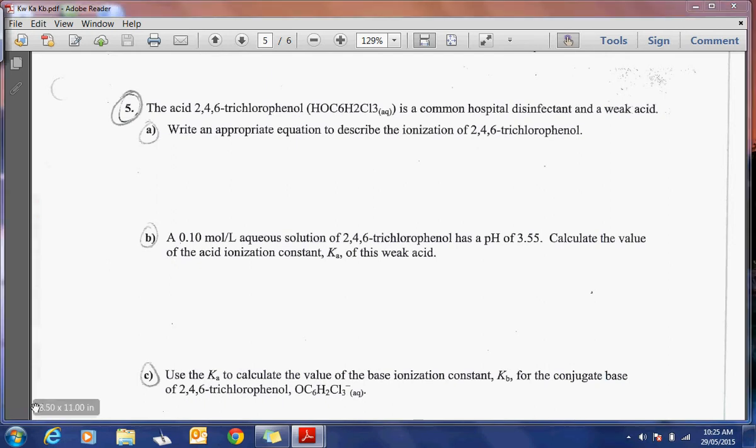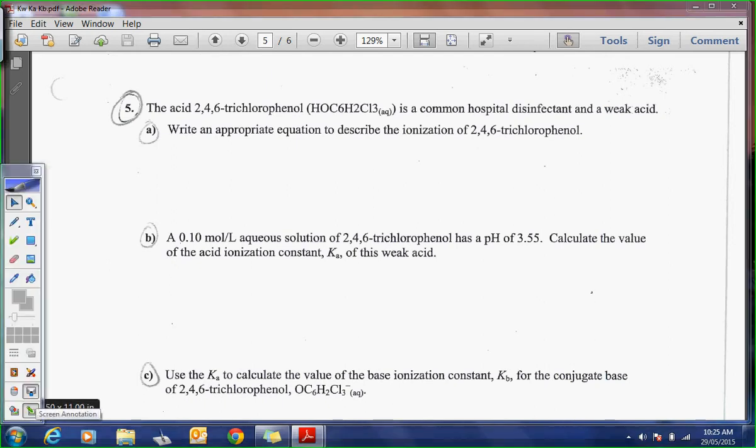So the ionization then is, you going to do it for me? Not really. Good. So there you go. Here's your OH. Here's 2, 3, 4, 5, 6 trichlorophenol, and you are writing an ionization equation. So what do I have to react it with? Water, and equilibrium arrows, and I'm going to get